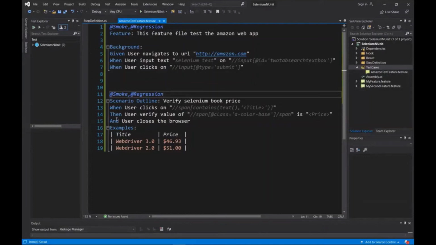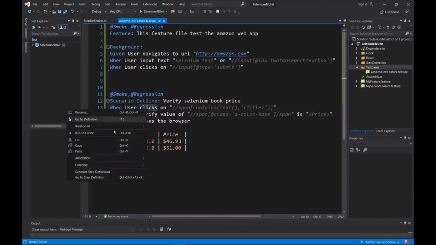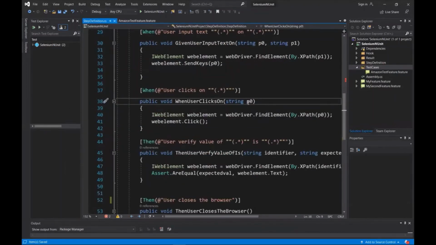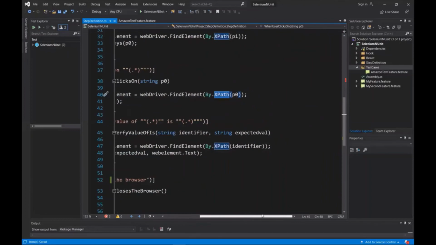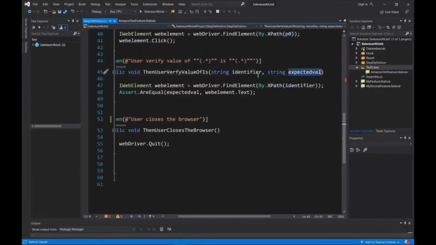Now we'll discuss another topic, that is step argument. Step arguments are basically the data which you want to pass into your step definition. As you can see, we have passed string data arguments to the step definition. If I go to the step definition, then you can see that the data which we passed from the feature file will be available here. So here we used a string as a step argument, which basically fits into a single line. Now suppose in some cases, you might want to pass more data to a step argument, which does not fit on a single line. For this purpose, Gherkin has provided the docstring and data table.